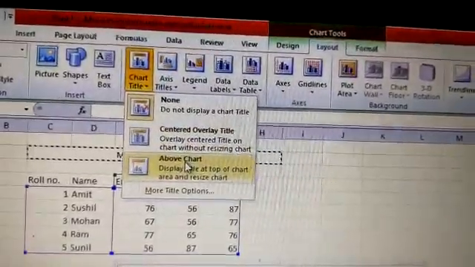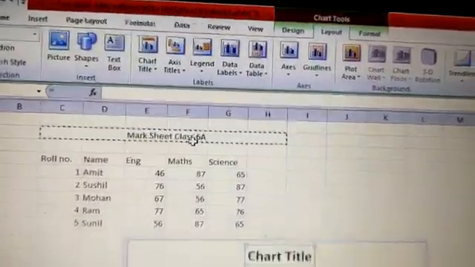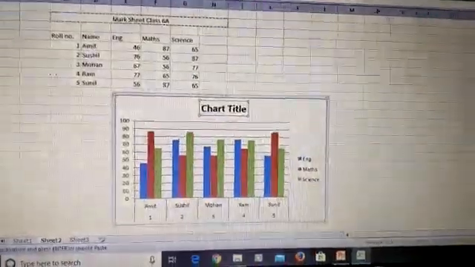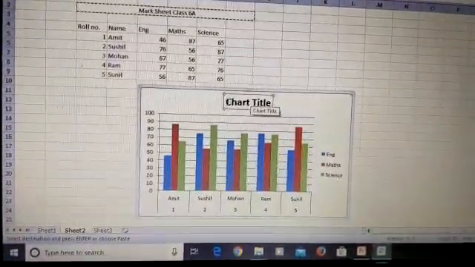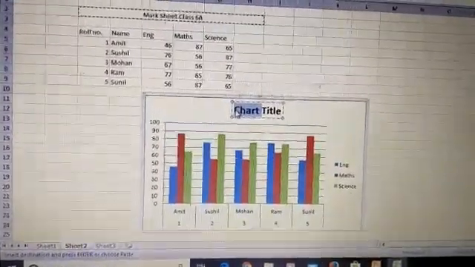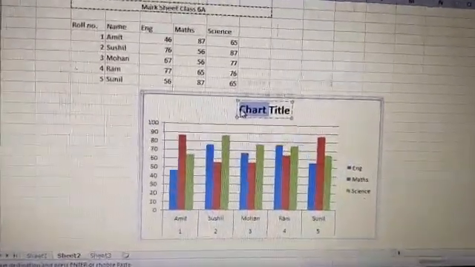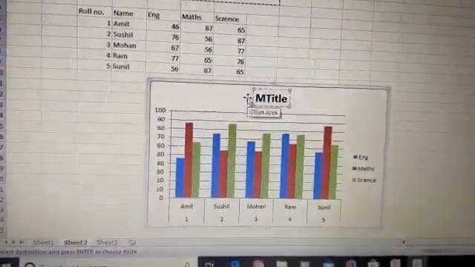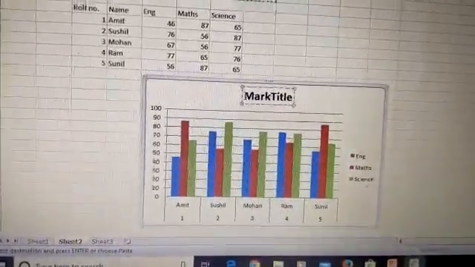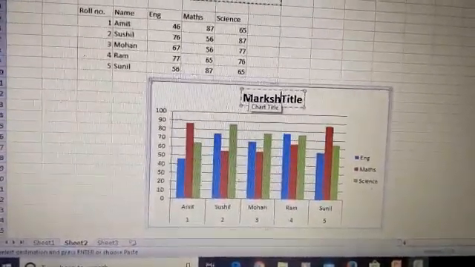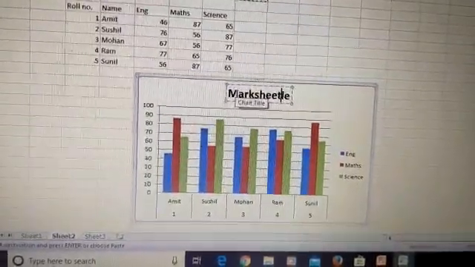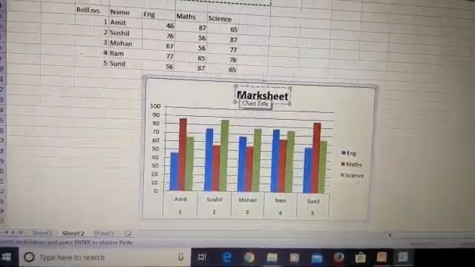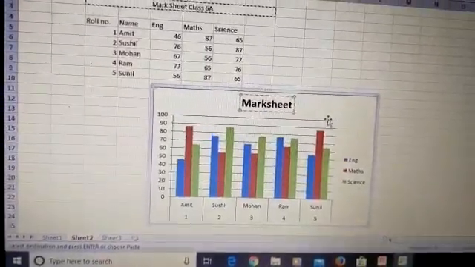If you want it above, here you can see the rectangular part where the chart title is displayed. Here you can insert the chart title. Suppose our chart title is mark sheet. Here we can give the chart title.